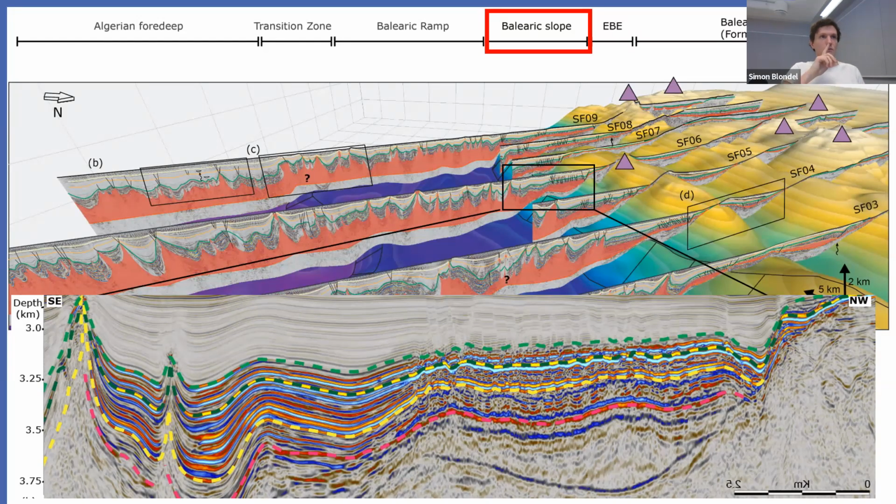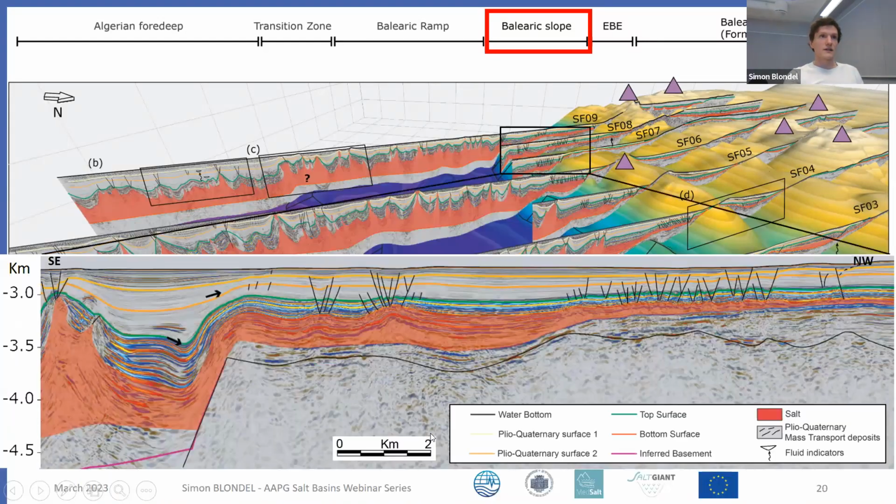So if I understand well, the question is about the whole salt body we interpret, because we do see some reflection within it. If we could separate it between an upper, less ductile salt and a lower, more ductile salt. I think it's still based on where you put the top of the salt. And if you follow this criteria, you could actually say that this one is a little bit more brittle. However, and I think that's what I show here,